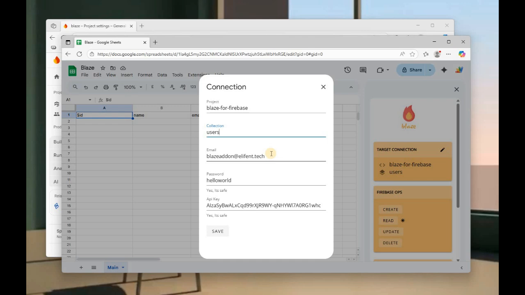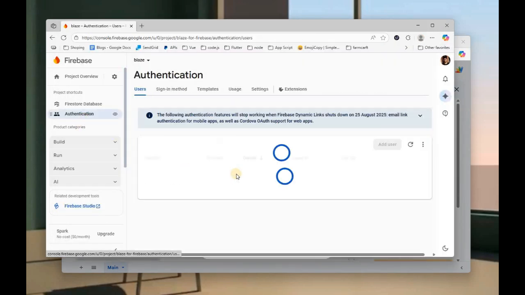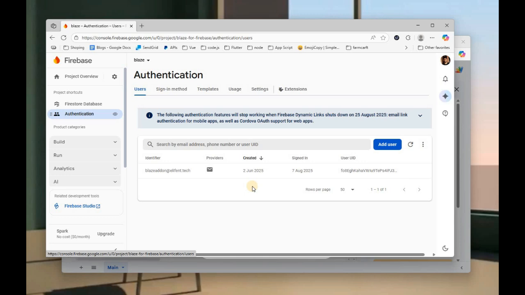Now the next thing is email and password. This is very important. This is not your email ID and password. The add-on has nothing to do with your Gmail user ID and password. So what is this? This is an authenticated user which can connect to your Firestore and read data from there. What I suggest is you go to authentication,